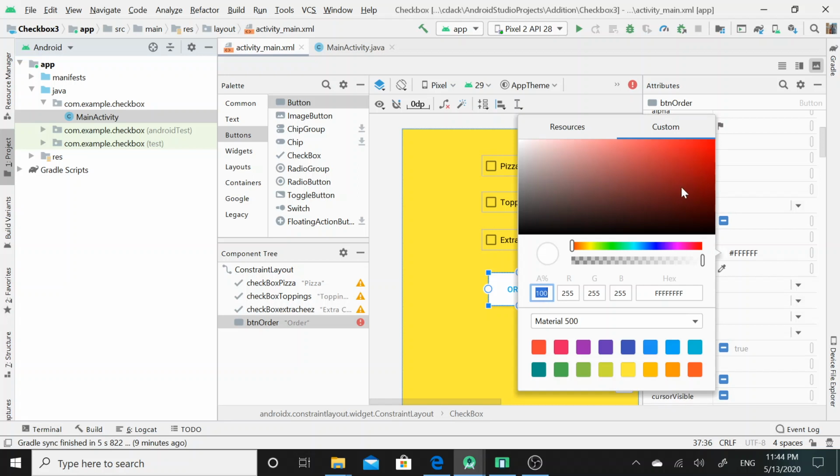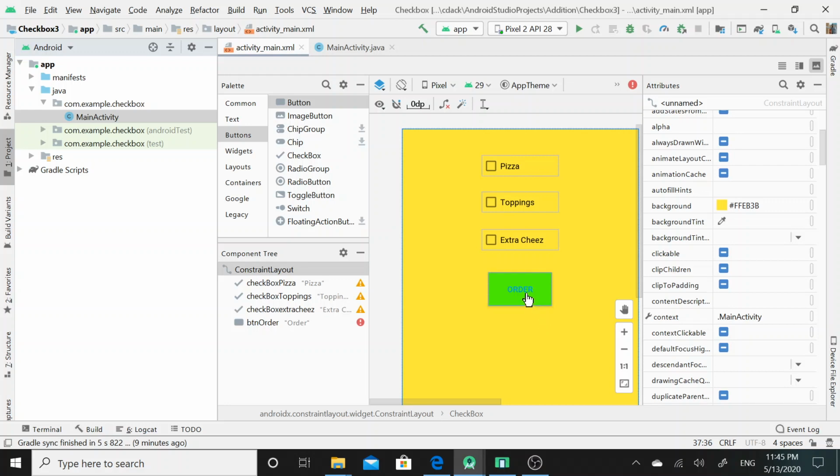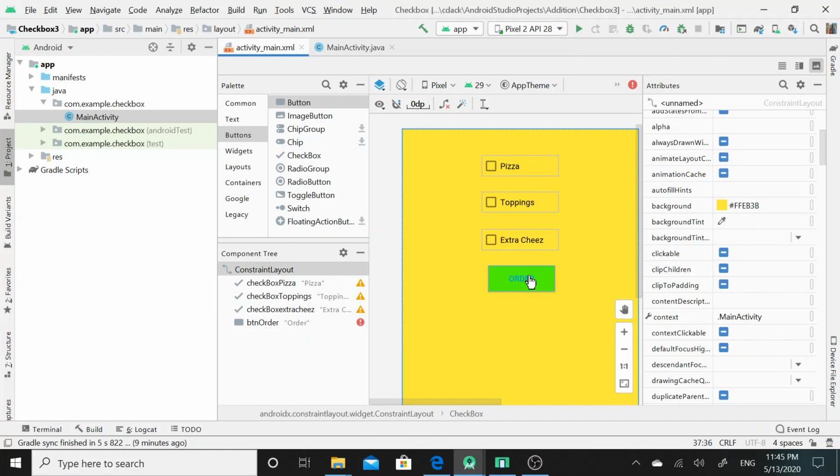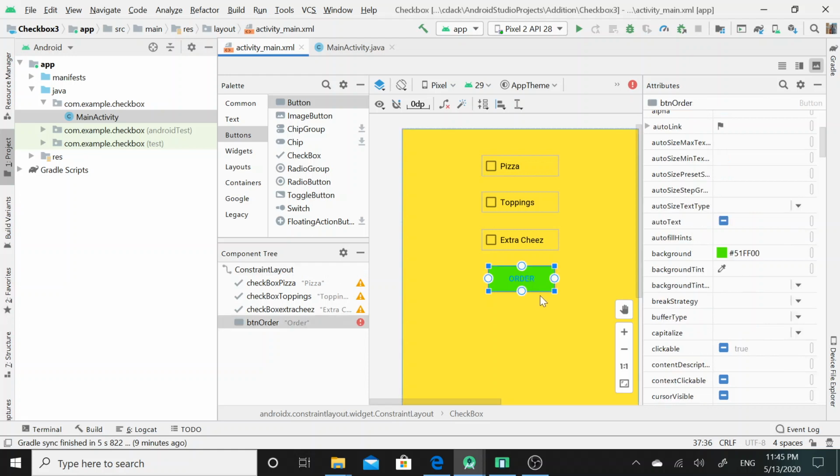You may select your own desired color. So I have selected this color for the button UI widget. I would make use of this button UI widget to place the order for the user.